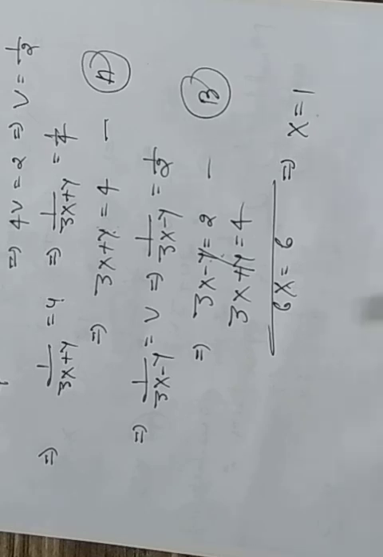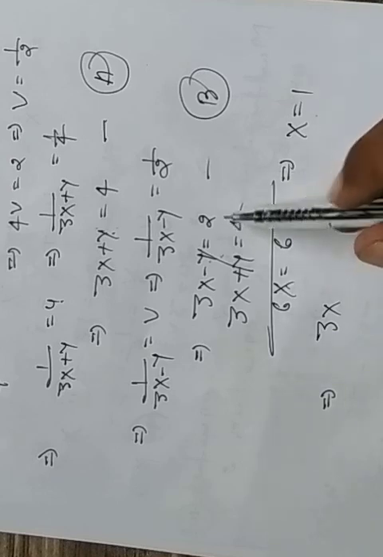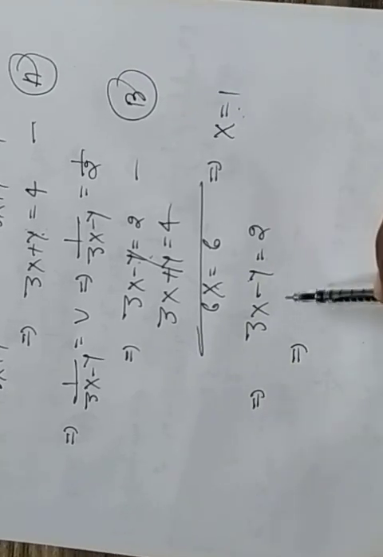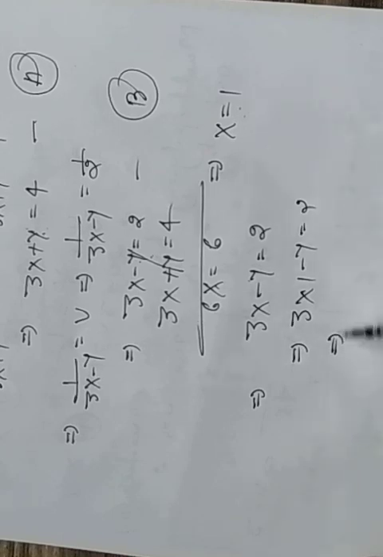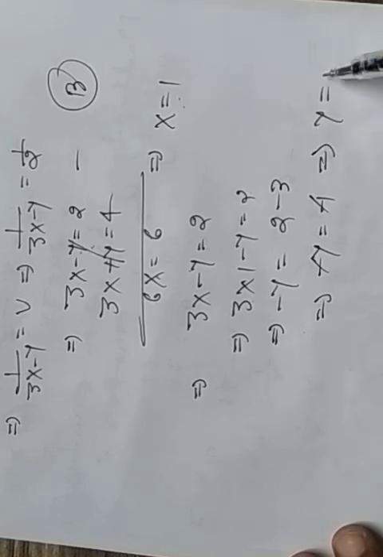And when x is equal to 1, then how can we find the value of y? We can put the value in equation A or in equation B. So see, 3x minus y is equal to 2, and we know x is equal to 1. So put this value in equation B. So 3 into x, where x is equal to 1, minus y is equal to 2, implies 3 into 1 is 3, minus y is equal to 2, and minus 3 implies what? Minus y is equal to minus 1, minus minus cancel, implies y is also coming 1.